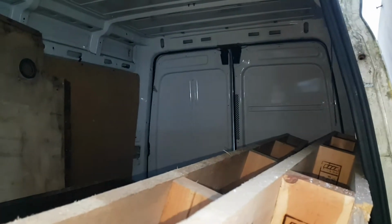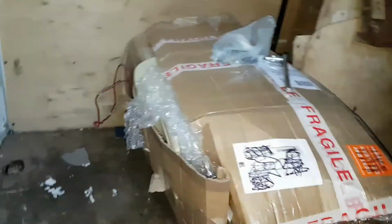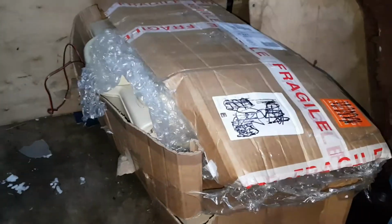I know the bed's going to go at the back, and we're tiny people, so we don't need a lot of width and things like that, so we don't need to start messing around too much in terms of widthways or lengthways or anything like that with beds. Yeah, so probably just, you know, universal design, a little kitchen unit here and things like that with sink and that. We're going to put an electric pump in. One of the first purchases we got was a toilet, so taking up half the van as we speak. But the missus insisted that we had one of these, so second hand, you know, it was like 140 quid or something stupid like that, and